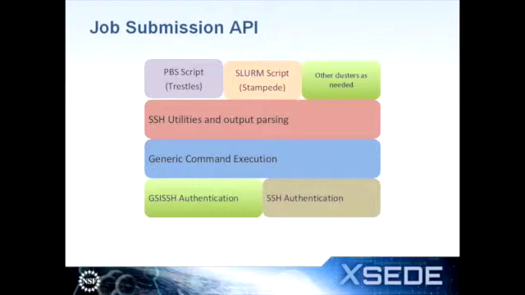On top of this SSH utilities, we implemented PBS support and Slurm support, and if there is any requirement to consume another job manager, users can just extend the job submission API and then use the underneath functionality to execute commands and read output, standard out, standard errors. So with the PBS implementation, what we basically did,